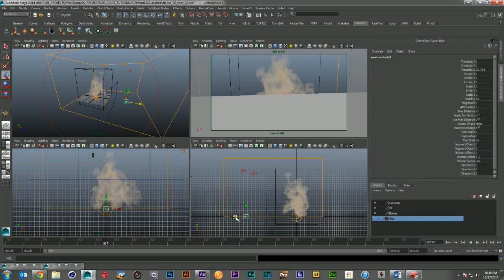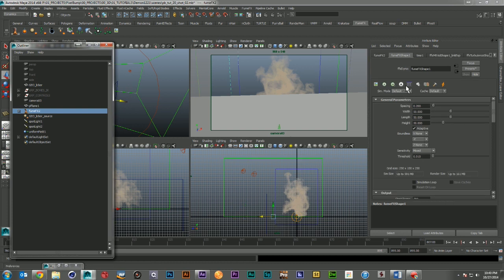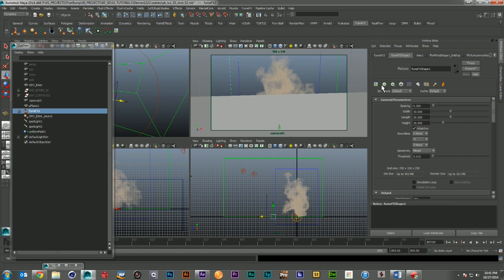But I'm going to come over here to my fields and I'm going to create a uniform field. I'm just going to bring it out here so I can see it. And if I come down to its attributes, I'm going to turn it off in the X direction. I'm going to push it in negative Z. And I'm going to try about 25 as its magnitude, and I'm going to turn off the attenuation. I want that field to just last forever, just continually pushing. Now, to get that field working with the smoke, I've got to come back to my dynamic relationships. I've got to turn that uniform field on. And here inside of Fume, we'll go ahead and add those spotlights while we're here. So now if I take a look through my GPU,